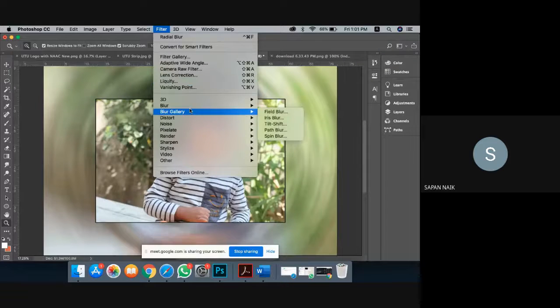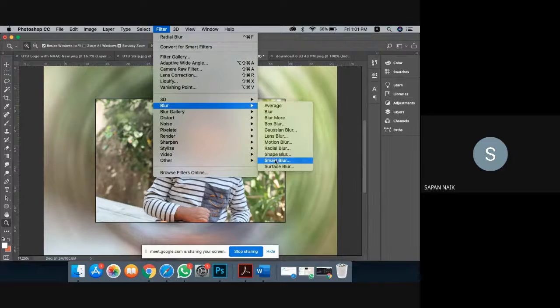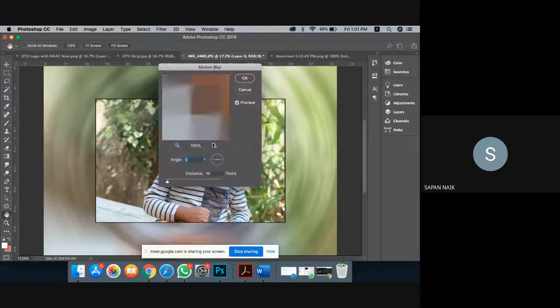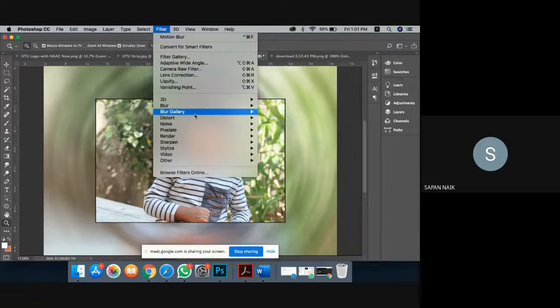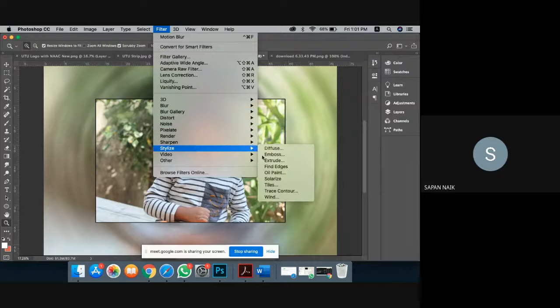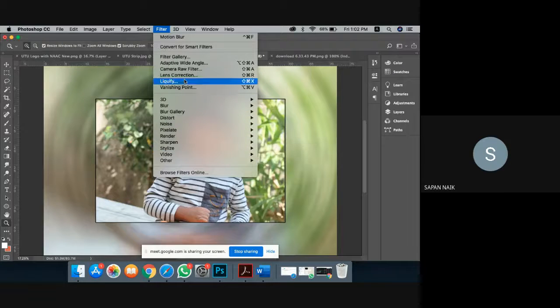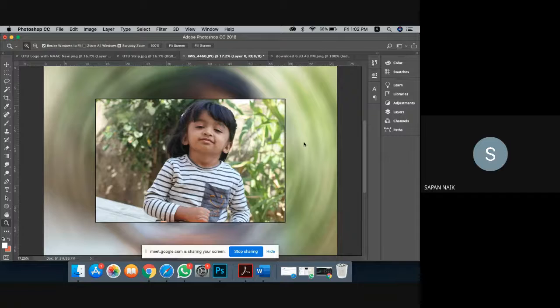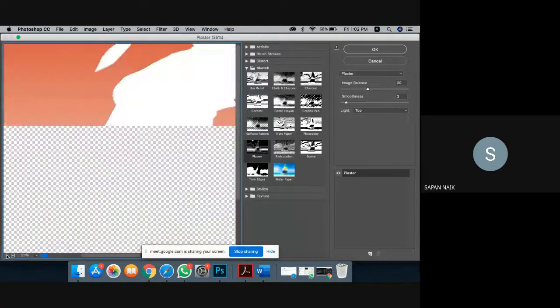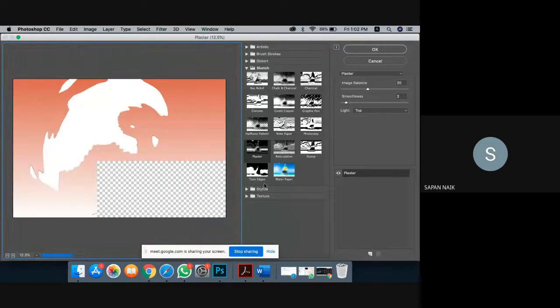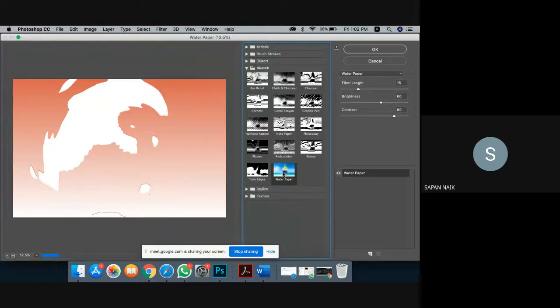In the same way, there are different filters, like motion blur. It will give you the motion. It will give you the angle also. Suppose I want to tilt the angle a little bit. The image is already blurred, so I think nothing much is happening. But still, if you want to stylize it, by the way, there is one Filter Gallery available. Go to this Filter Gallery. Make it minimize. Now here are different effects that you can provide to your image.